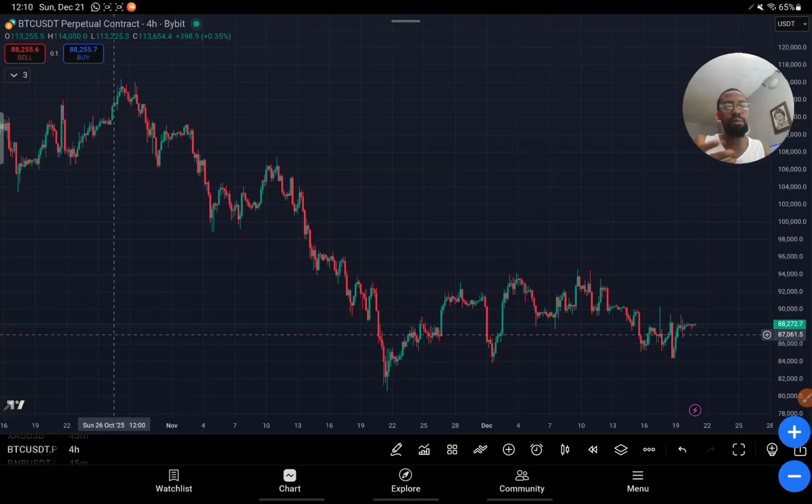But when you wait for the market to come to a point of interest where there is an impulsive move, either a bullish or bearish engulfing candle, when you see that candle, first of all, you need to identify what the structure of the market is. Is the market on a downtrend, or is the market on an uptrend?